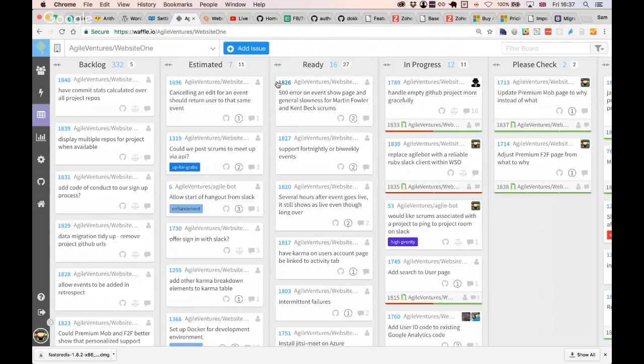I am concerned about the 500 errors that we're getting, and sometimes certain pages being slow. I mean, this is a general performance review, but it's not so bad at the moment. I feel like I almost want to focus on replacing AgileBot with the Ruby Slack client because one, it will save us money. Two, it would